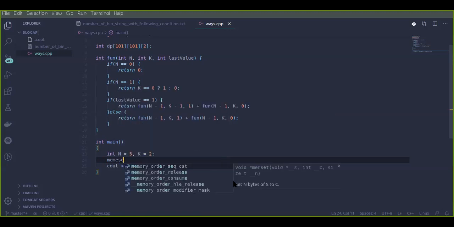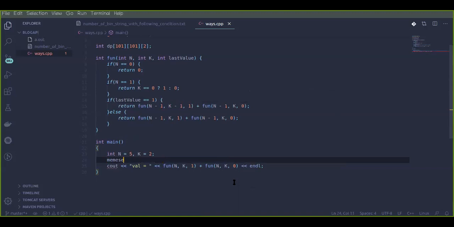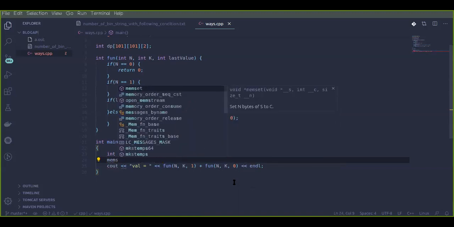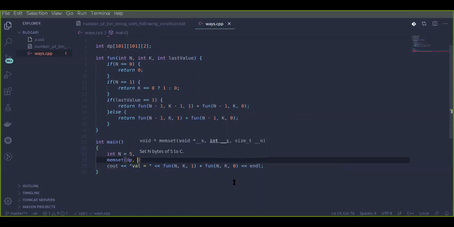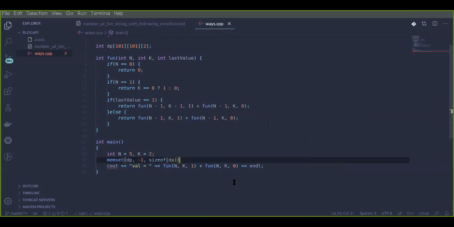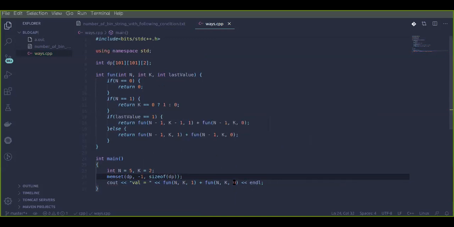So that is why I will simply fill this dp with -1. Okay, now it's done.